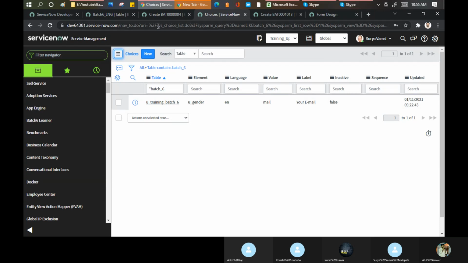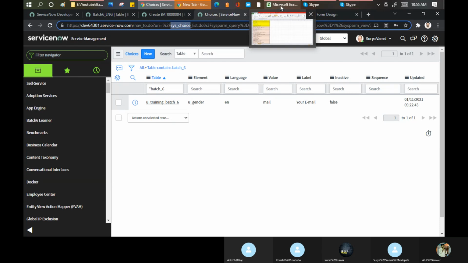This table will not be available for the reporting. In the reporting section, if you go and search for the table, this table will not appear. Not sure why. It will not appear in the drop-down list. You can try at your end if you want. Okay. So this is our concept on the table side: how a table has been defined, what is the purpose of a table, what are the roles, access controls, fields you can create, choices you can create.